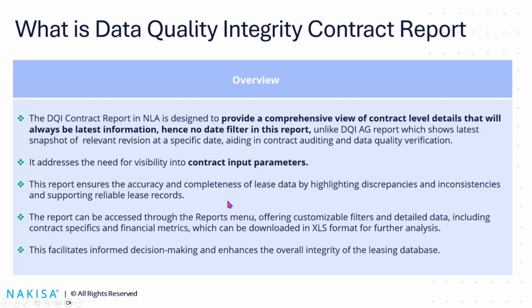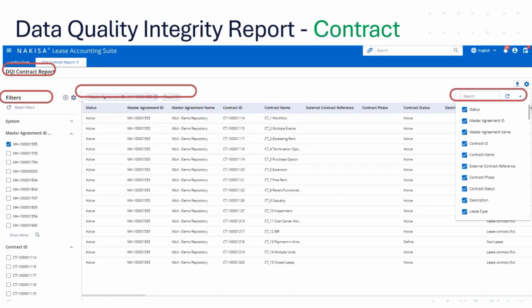So this is the data quality integrity report just for the contract. An example is here. You again have filters on the left column. It's a standard feature we have. And once you choose your filters, they do appear here on the top bar. And you can change the order of the columns on the right-hand side